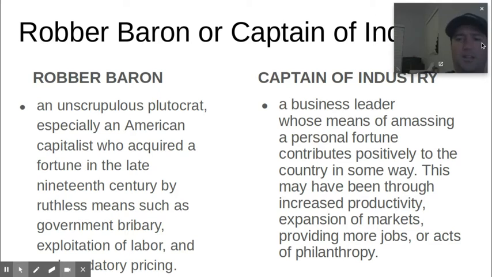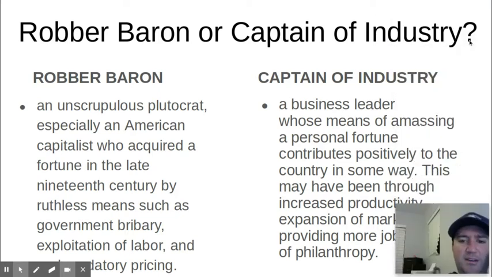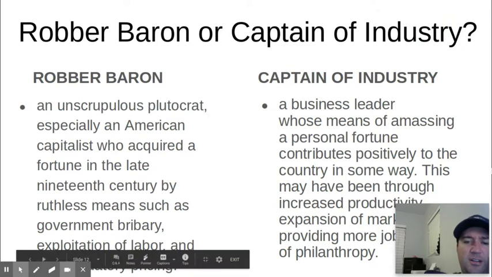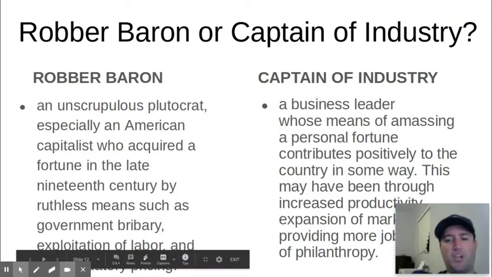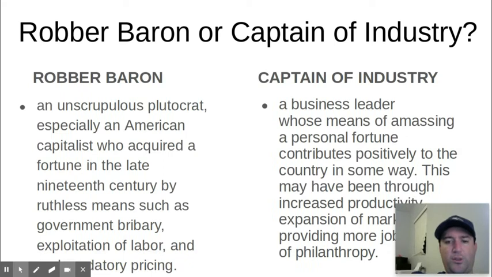Now, for these captains of industry, these robber barons, these men of industry, there is a viewpoint that changes between whether they were what we call robber barons or captains of industry. And this is one thing that I enjoy about history: there's never really a right answer. It's just, can you argue one over the other? And that's something I'm going to ask you all to do a little bit with the assignment that we'll work on in class starting today.